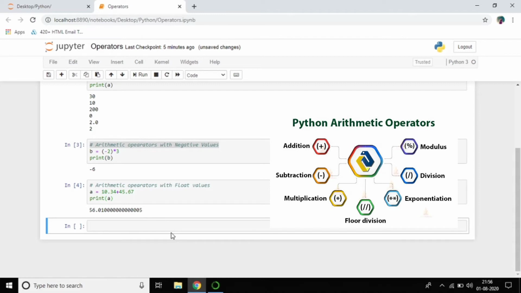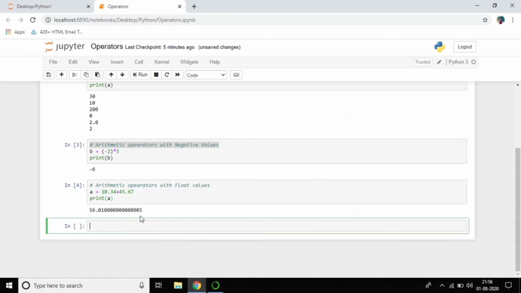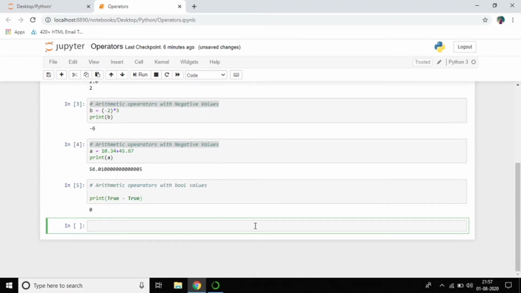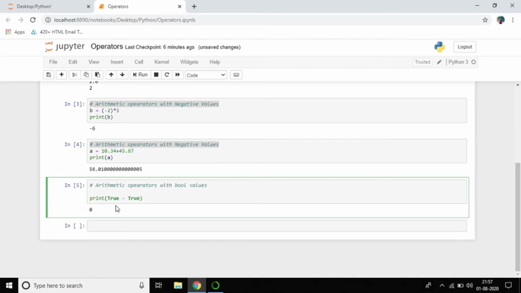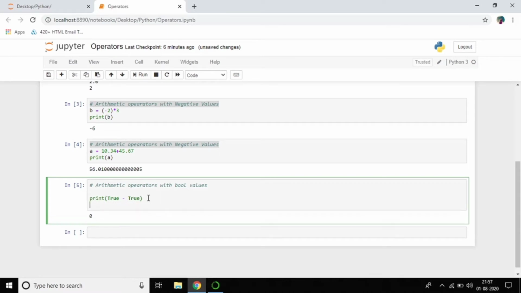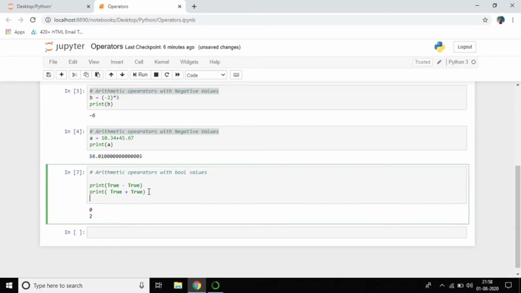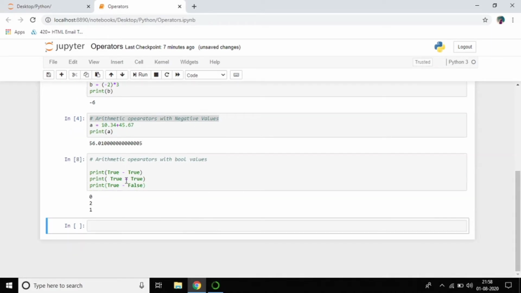You can use arithmetic operators with boolean values also. So print true minus true, then you can see its value. We all know that true means 1, and false means 0. Again the same, print true plus true, 1 plus 1 gives 2, and true minus false, that is 1 minus 0, gives 1.